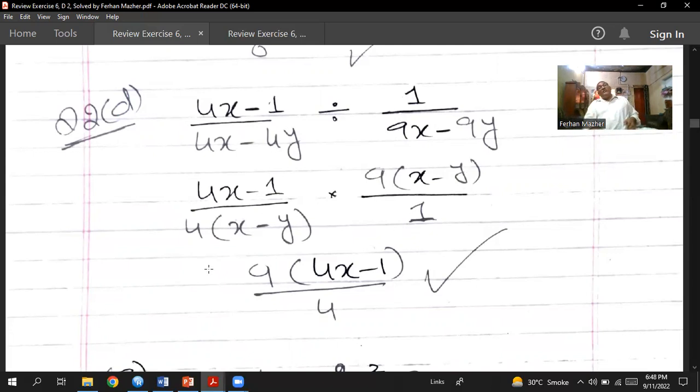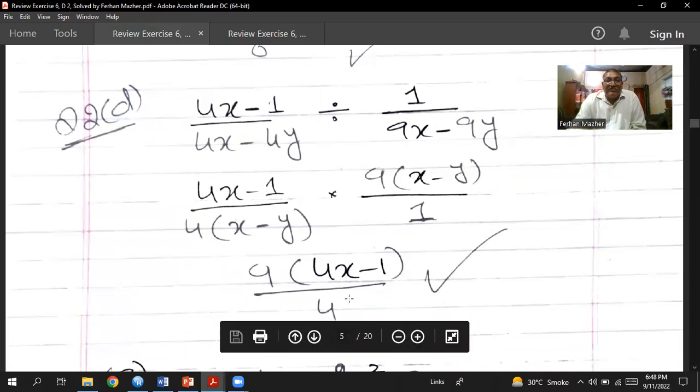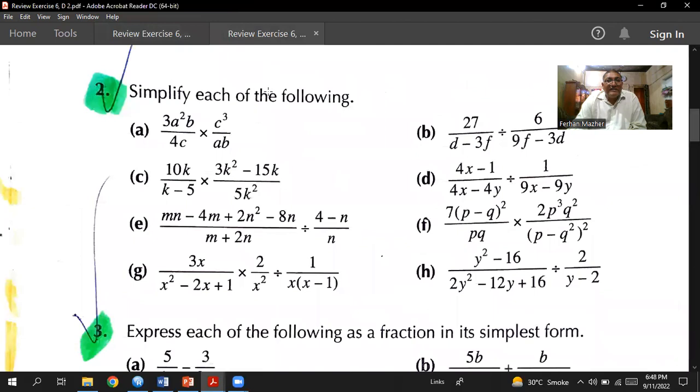So this is how you will do this. Normally my students make this mistake. They try to cancel this 4 and this 4. This is not possible. Don't make this mistake. Okay, so the E part, we have mn minus 4m plus 2n square minus 8n divided